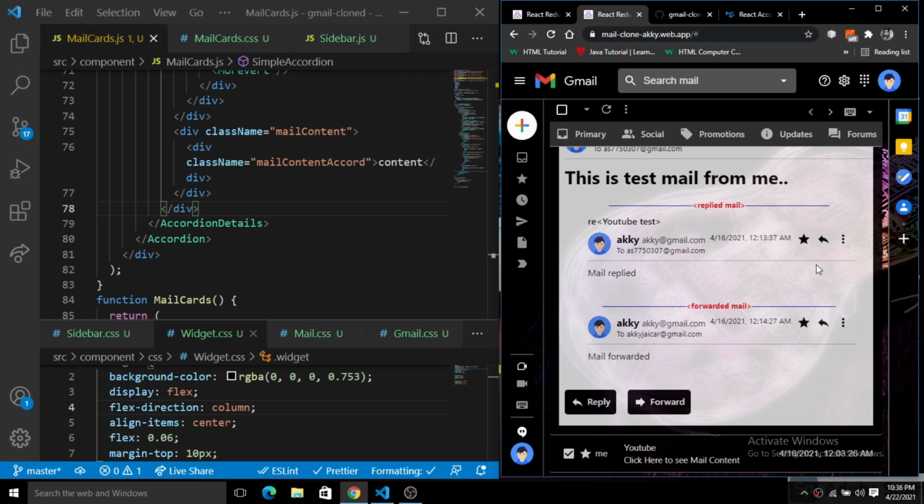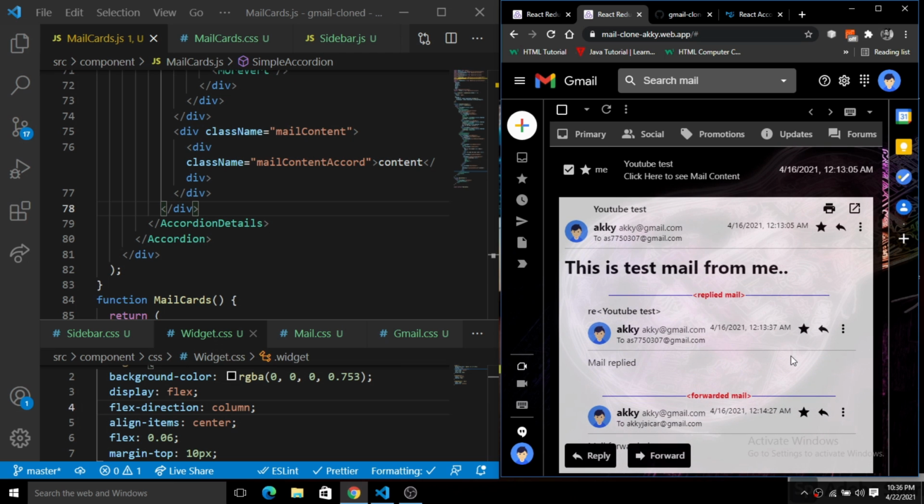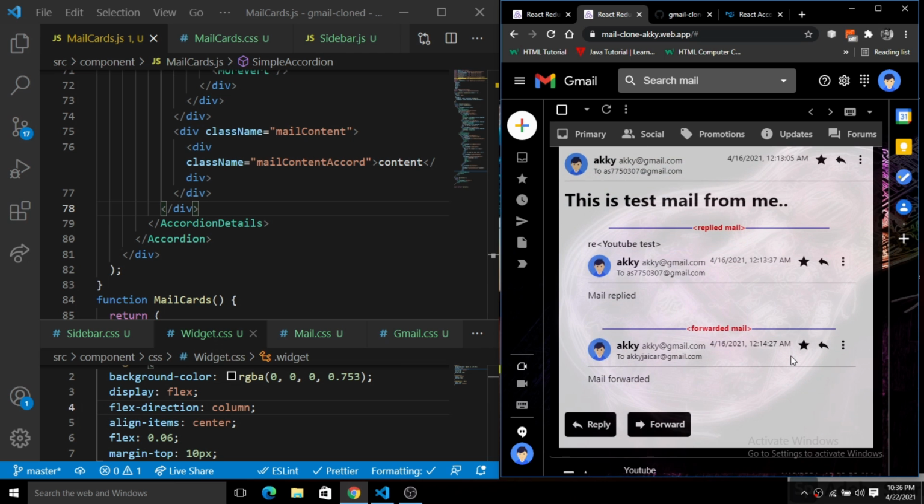Basically these things are just like the above that we have already created here, right? So it's not a big deal to do this. Okay, so let's add this. We will create two more components. One is the replied component and one is the forwarded component, right?